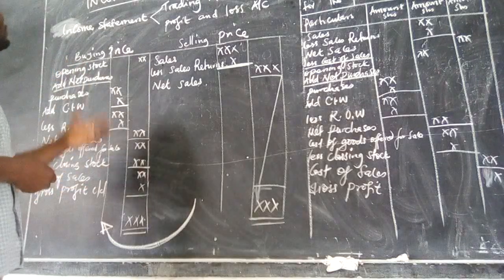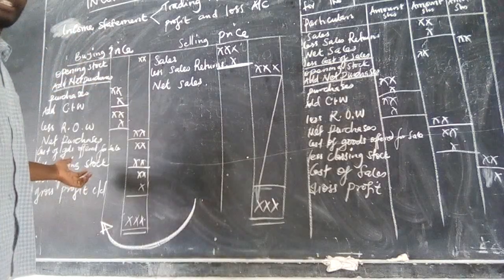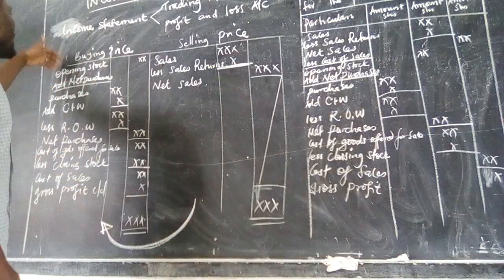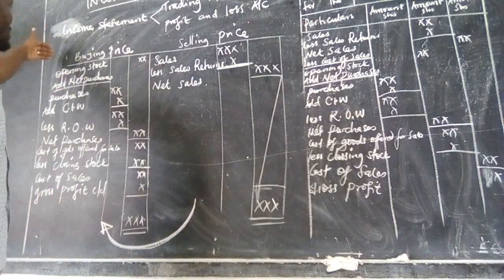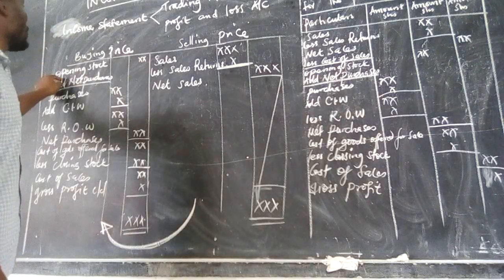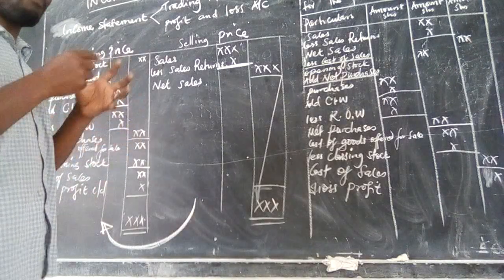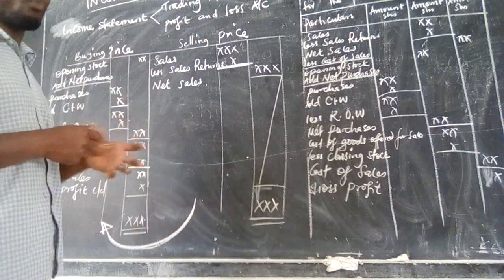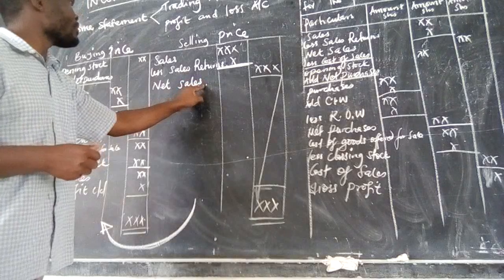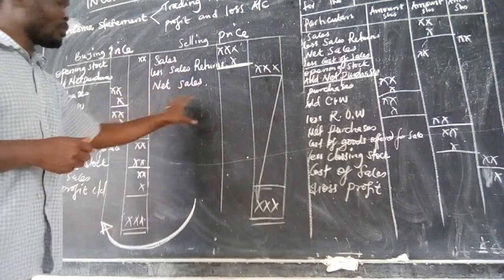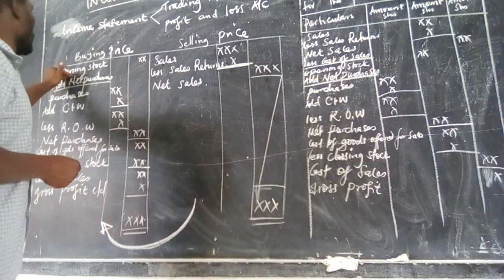Now, we have assumed in this illustration that the business has been operating. It had some already existing stock before this new trading period. That previous closing stock is what we refer to as opening stock. Remember, I need to determine the buying price for this trading period. How much was used or invested to generate this amount of money? So we have opening stock on this side.